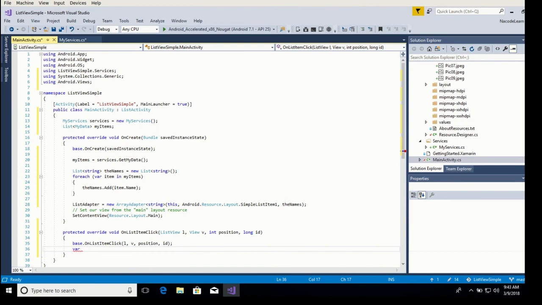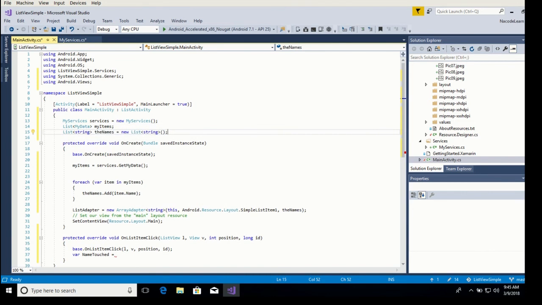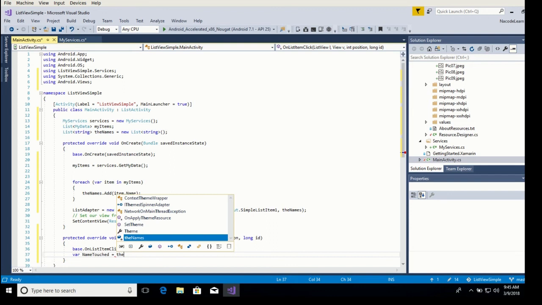Let's put that information into a variable, and let's call it name touched equals. You know what? The scope of this, the names, is outside of the reach of the OnListItemClick. So let's just declare that array up here. Okay, so now we have access to the names,